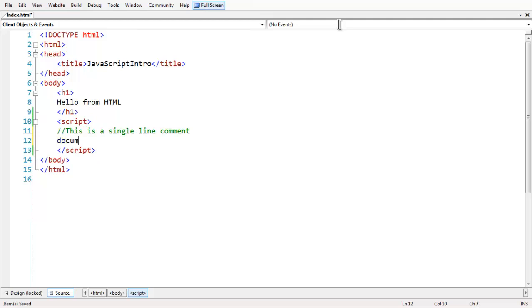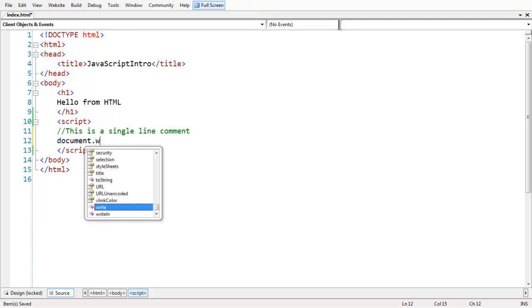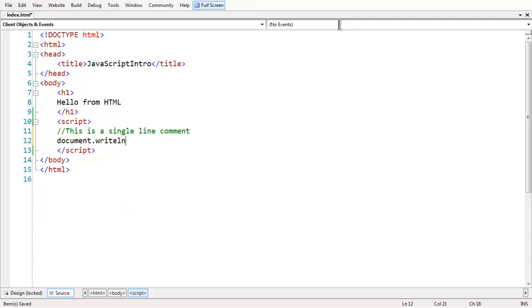So let's have a small JavaScript statement also, document.writeln. Since we are at a very early stage of learning JavaScript, I am using only a single statement. In the subsequent lessons we will go deep into the JavaScript programming language. Let's have a small message here: Hello from JavaScript.